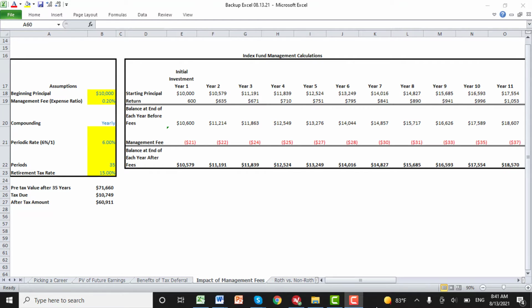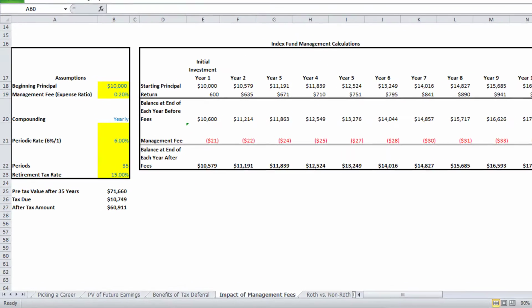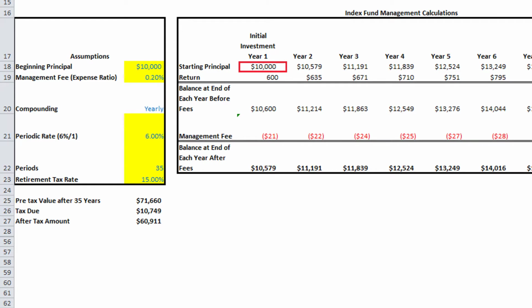The only difference here from the previous example is going to be a lower management fee of 0.2%. So if we jump back to Excel and take a look at the initial investment in year one, you can see, again, the investment is $10,000 and the return is $600. And the management fee, which is calculated on the total assets under management, is 0.2%. So we'll take 0.2% times the $10,600 to get a management fee at the end of year one of $21. And so the total investment amount at the end of the first year is